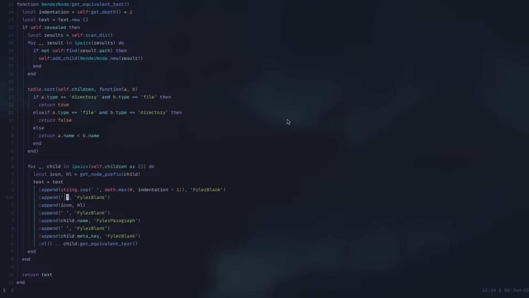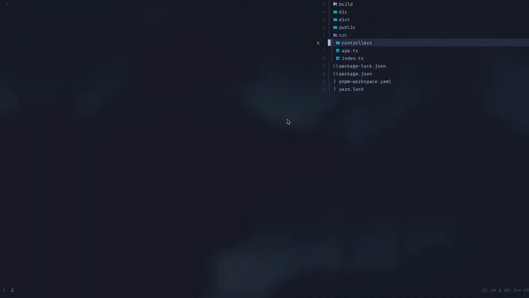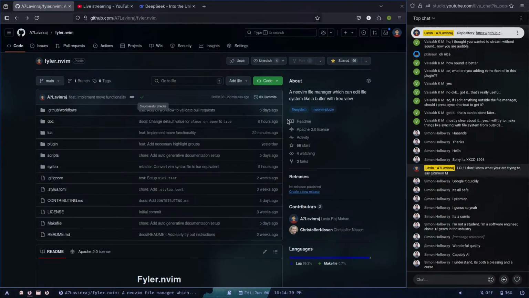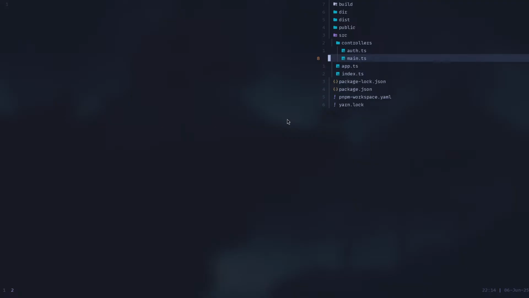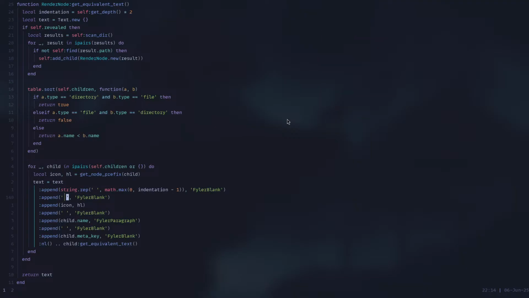I don't want to append this if we are on the root directory. Indentation markers are so difficult to implement. Wait a minute. We can do one thing like,